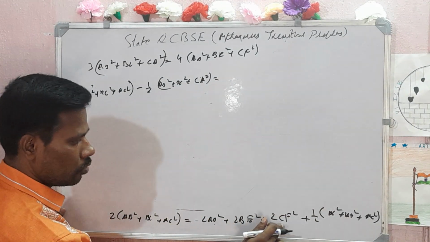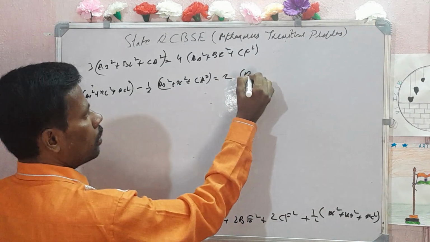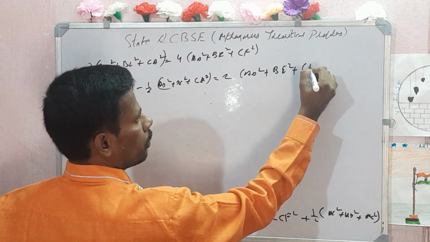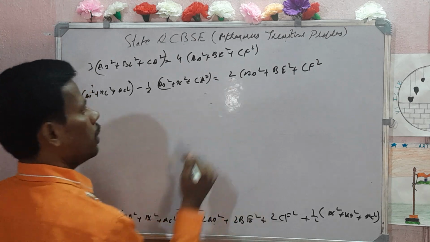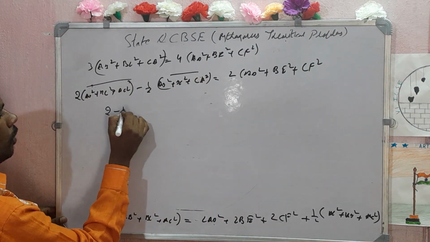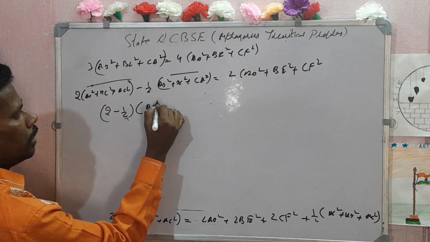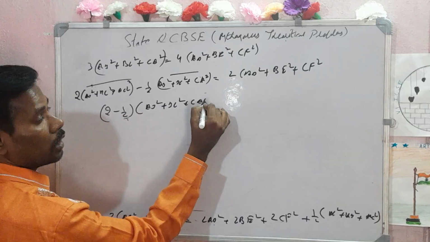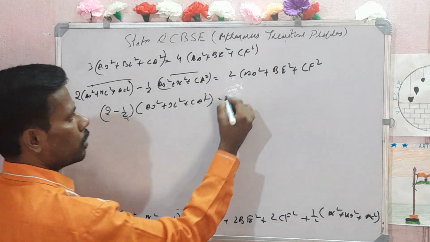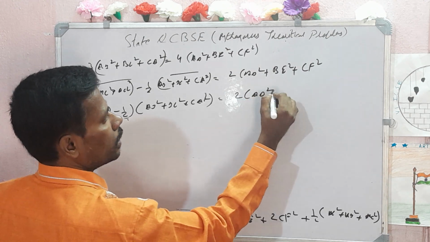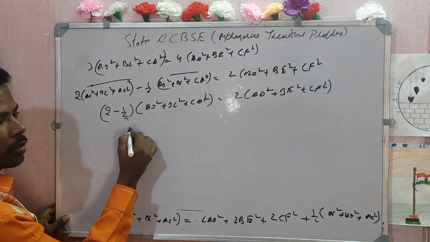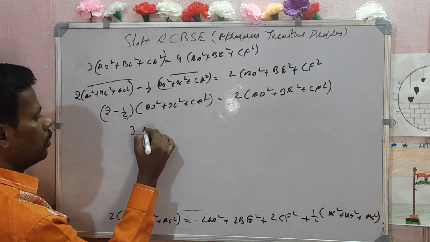Take 2 common in this. 2 is there, no? 2 times AD square plus BE square plus CF square. Next, in this take AB square plus BC square plus CA square common: 2 minus 1 by 2. Just algebra. I am doing just algebra, addition, subtraction, multiplication. This remains as is, 2 times AD square plus BE square plus CF square. Now 2 minus 1 by 2 is 3 by 2, right? 3 by 2